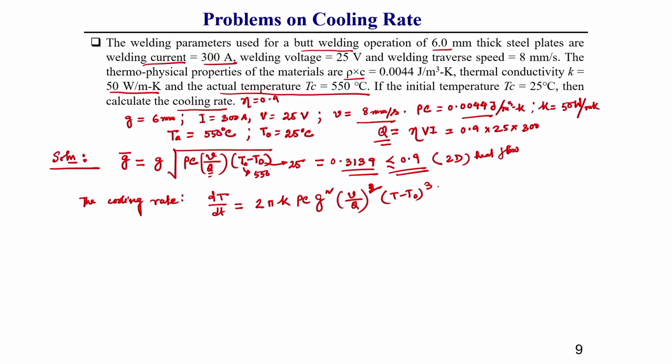By this you can directly find out the cooling rate, which is equal to 10.1149 degree centigrade per second. So, per second this much temperature will reduce. Understand? This is the cooling rate. Using this cooling rate, you can easily predict the final microstructure by using the TTT diagram. So, this is one problem. Similar different types of problems can be there, and based on this you can easily find out the cooling rate. One of the problems I have solved here.